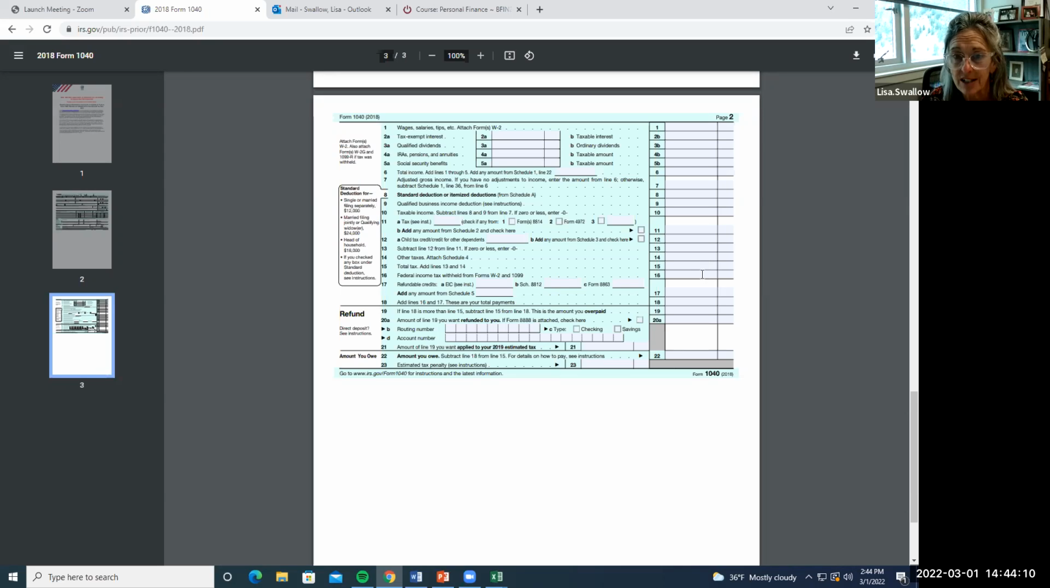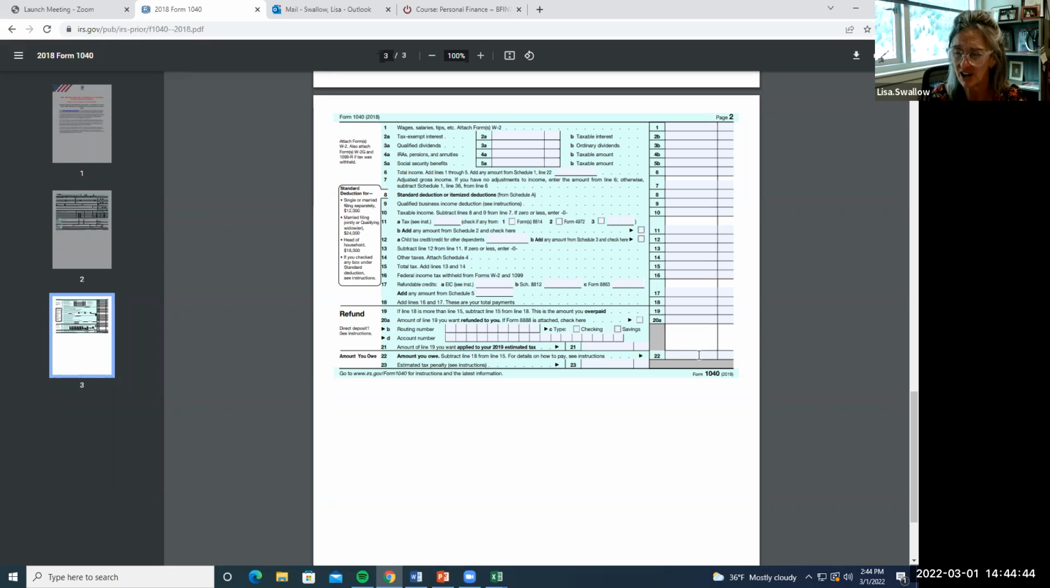Your federal income tax withholding that we just looked at goes on line 16. Carry that down to line 18. That's your total payments. And then depending upon which is bigger, you either have a refund on line 20 or an amount you owe on line 22. So,